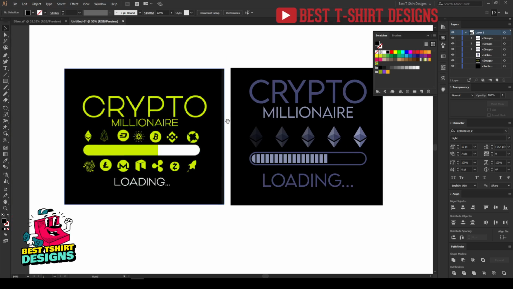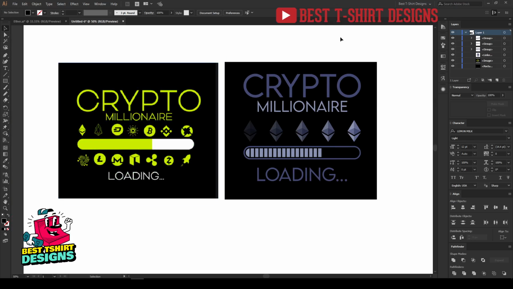This is the kind of work you get from different clients. This is how you can work with it. So this was with different cryptocurrencies, and this is all with Ethereum. And this color I picked because this is the Ethereum color you will find on Google, and there are also different colored logos of Ethereum, but this one I really like because it will look good on a black shirt. And that's it. If you want, you can pick any color you want, and this is how it will look. So that's up to you.